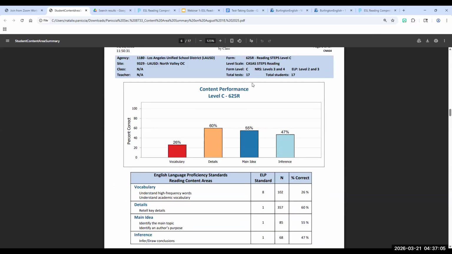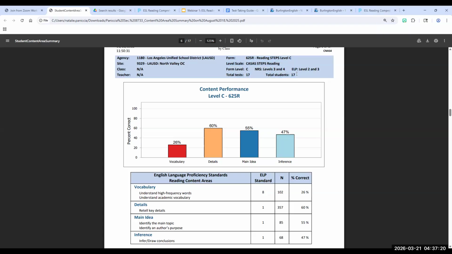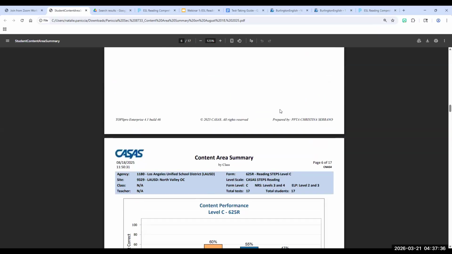Does this report tell us, I know it says total students, but is that total students on the right the total number of students that are scheduled in the class? No, I think that's the same. The total number of tests and the total students, I don't know the difference. And so if the class has, let's say, 30 students, what is one to conclude about the remaining 13?